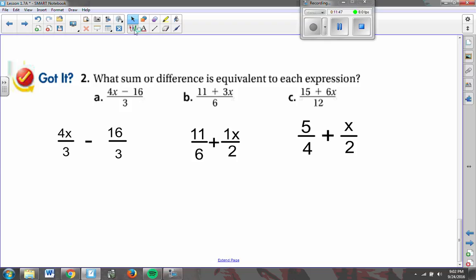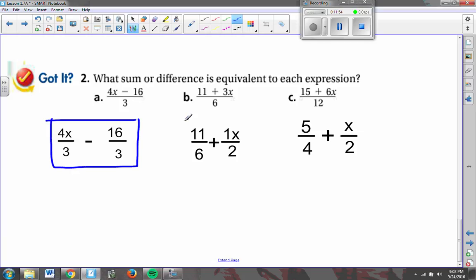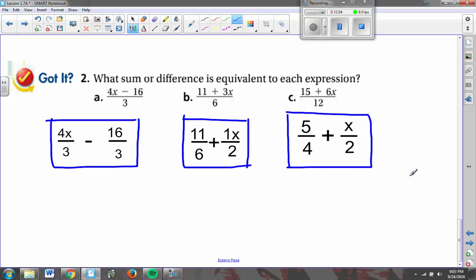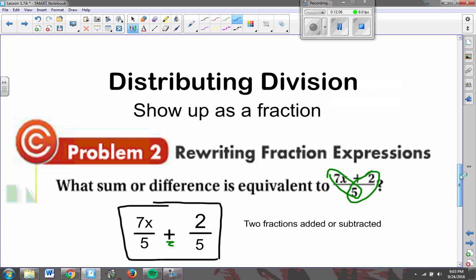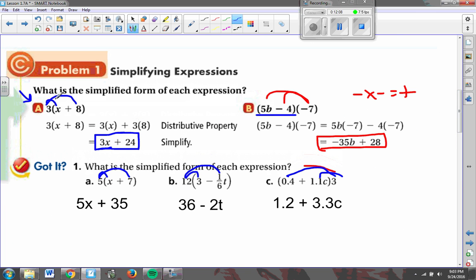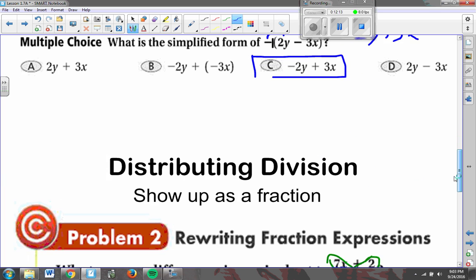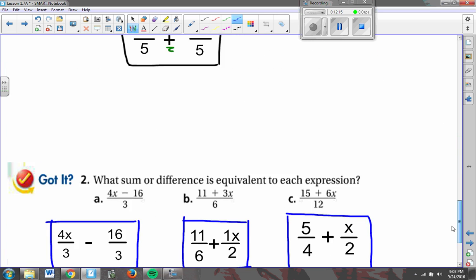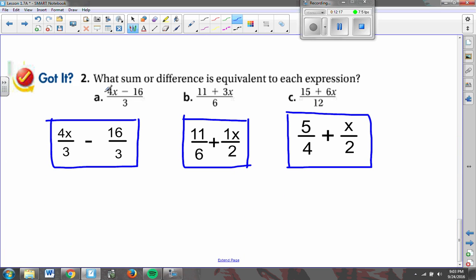Hopefully this is making sense. Distributing not only with multiplying, as we did on the top, but also we can distribute over the divide, where we divide the first, divide the second. If you have questions about the distributive property, the process where we multiply 3 by x and 3 by 8, or if you have questions about distributing over dividing, where we make fractions out of the first number with the bottom and the second number with the bottom,